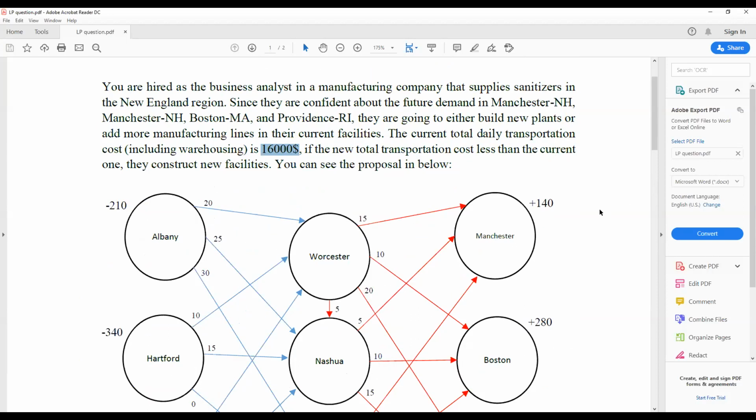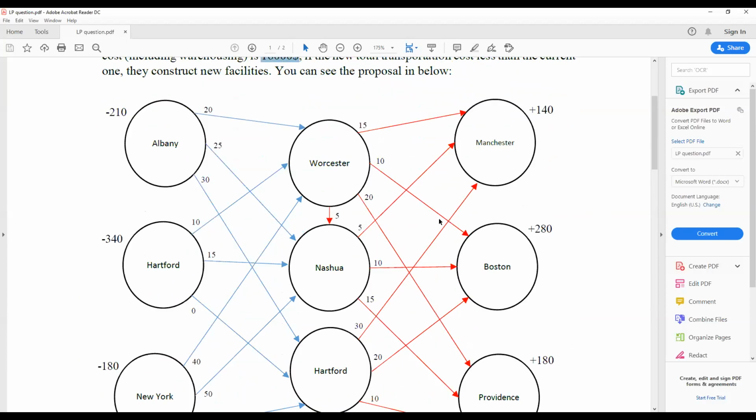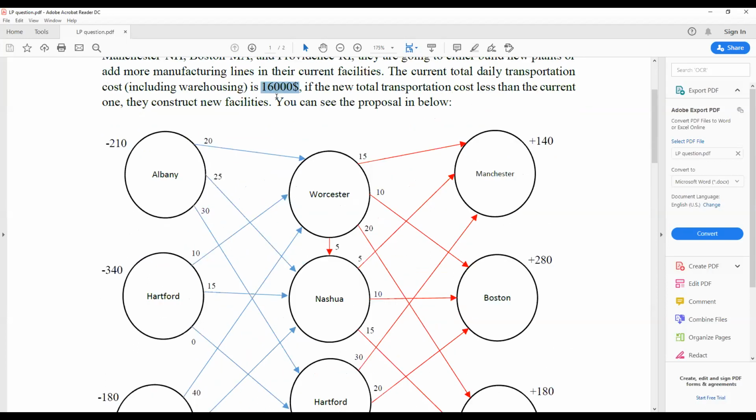So they want to see with this new proposal, which means they are going to make three facilities: Albany, Hartford, and New York, and three warehouses in Worcester, Nassau, and Hartford. If the total transportation cost is less than 16,000,